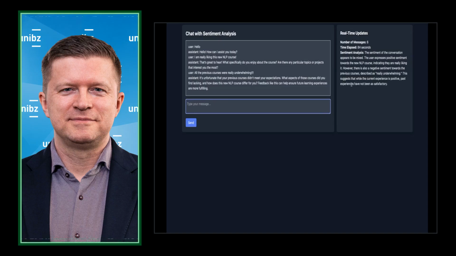So you see, it is not only capable of identifying a single sentiment, but analyzes the whole conversation, and is also able to qualify this as mixed right now, because I switched from a positive to a negative emotion. But it's not negative in total. It's mixed right now because I'm having a lot of different emotions. And it also gives you the explanation which words are responsible for the current sentiment analysis.